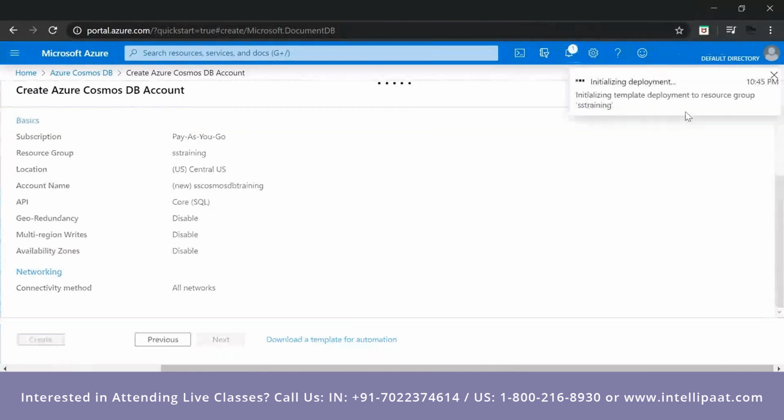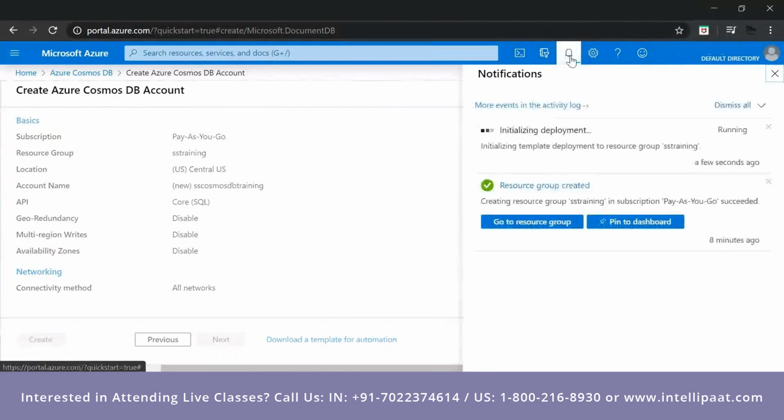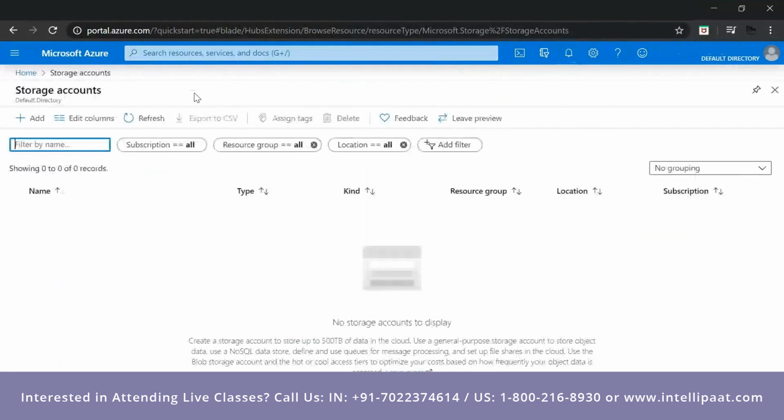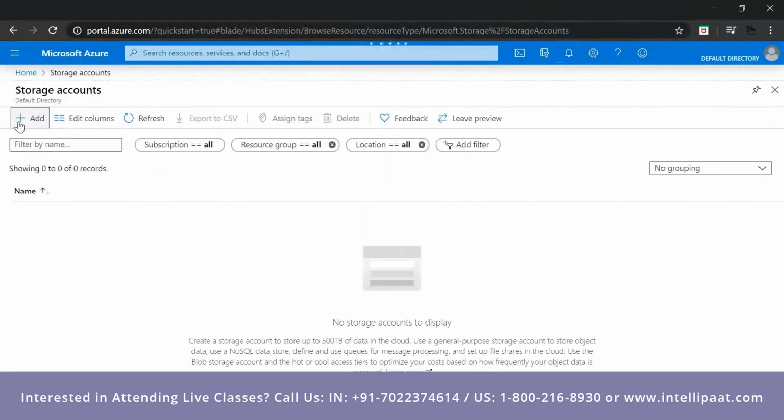While this is getting created, let me create a storage account. Okay, again the same thing, we go to add. All right,